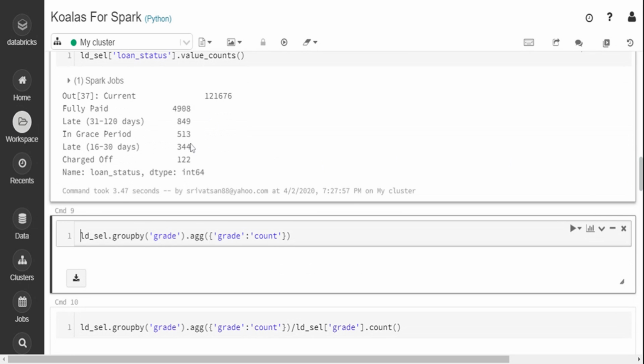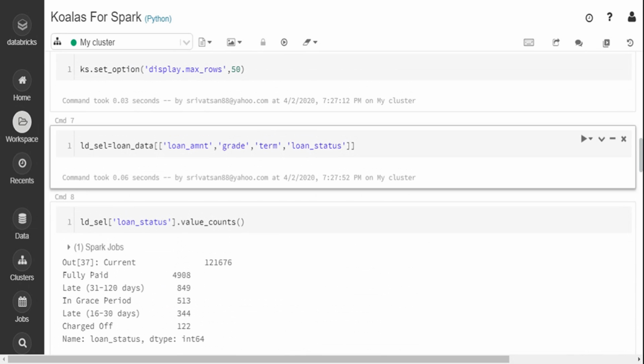All right, now I'm going to run a group by. In Pandas, we do a group by function similar to this and do an AGG function. That's the same function I am running over here. So I'm telling this data frame to group by the grade column. Grade is the one column I have selected. Whenever you apply for a loan in Lending Club, they grade your account. They tell whether you are an A grade customer or a B grade customer. It can be based on your credit history or past loan payment performance. So that is the grade column.